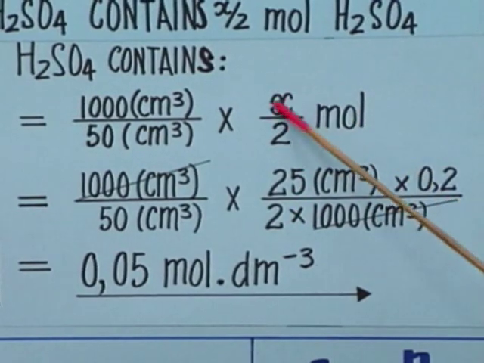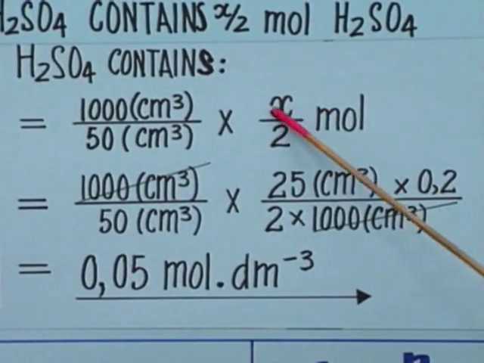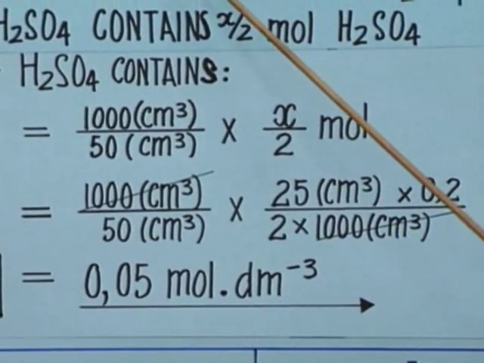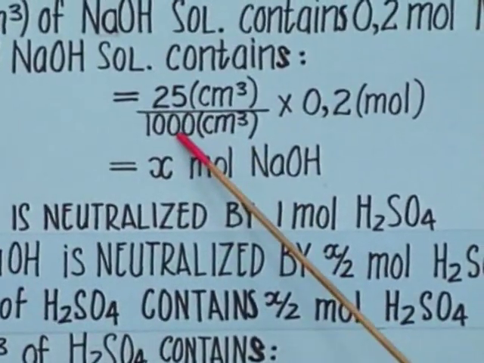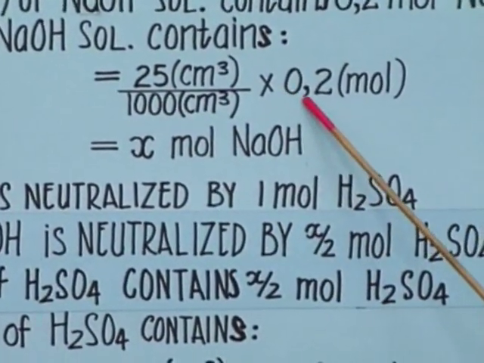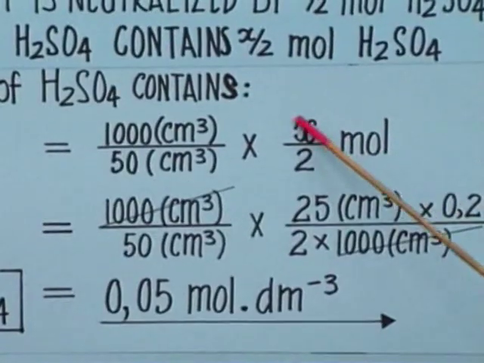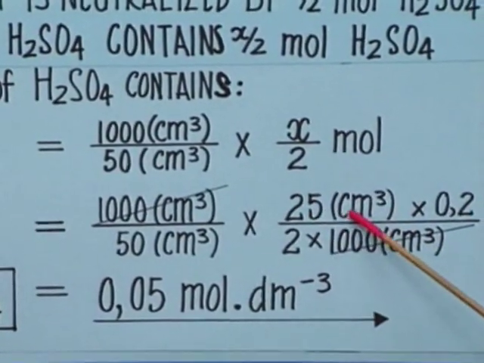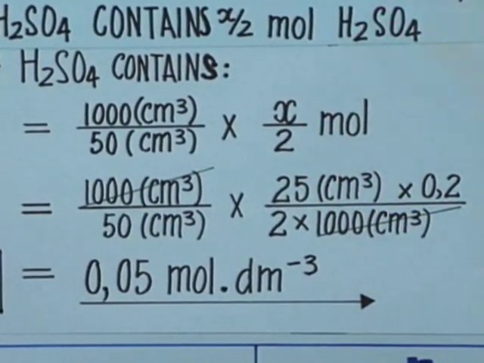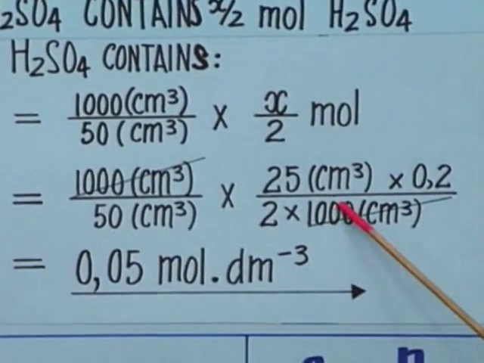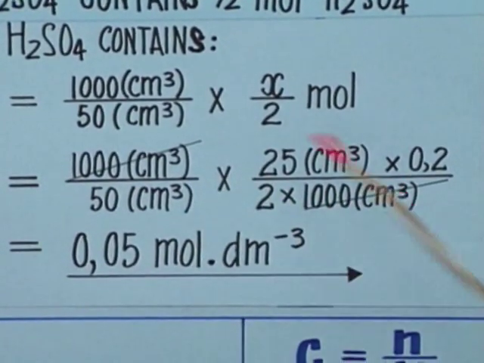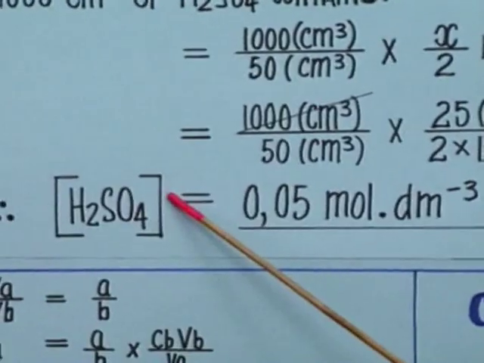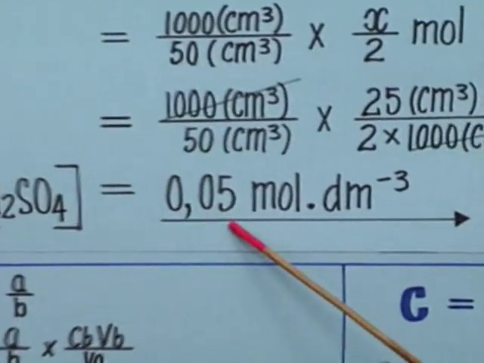And now we substitute the value of X. Can you remember what that was? Yes, we found it over here. That was 25 divided by 1,000, times 0.2. Correct. When we substitute that quantity for X, and we cancel those two quantities, we get the concentration of sulfuric acid is 0.05 moles